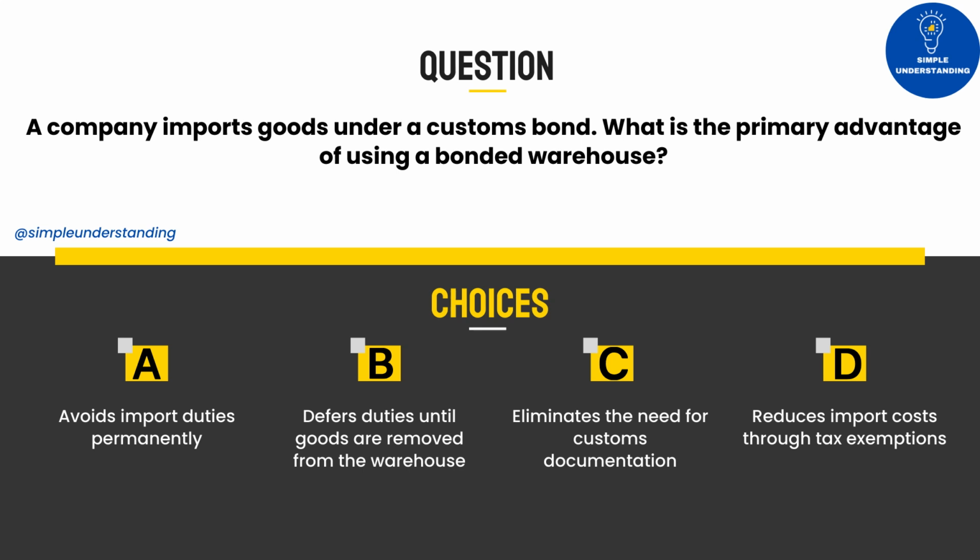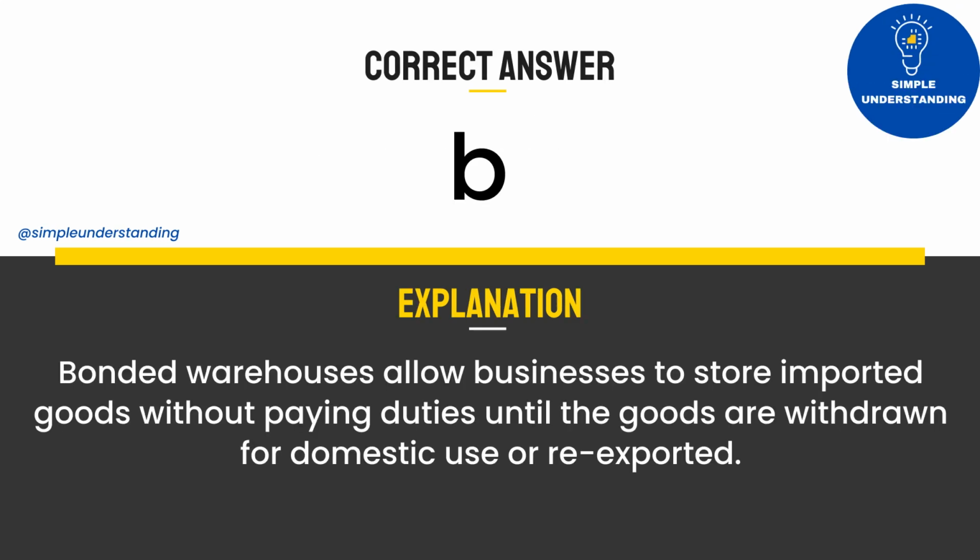treatment. 3. A company imports goods under customs bond. What is the primary advantage of using a bonded warehouse? A. Avoids import duties permanently. B. Defers duties until goods are removed from the warehouse. C. Eliminates the need for customs documentation. D. Reduces import costs through tax exemptions. Correct answer. B. Defers duties until goods are removed from the warehouse. Explanation. Bonded warehouses allow businesses to store imported goods without paying duties until the goods are withdrawn for domestic use